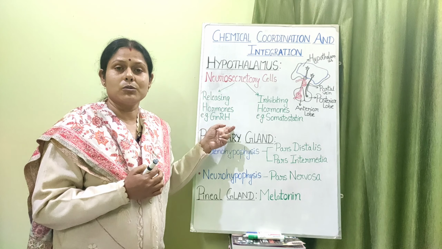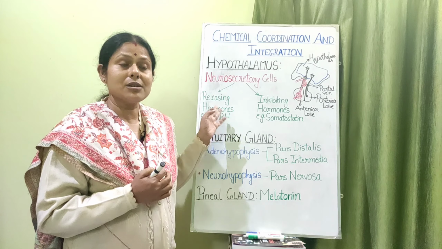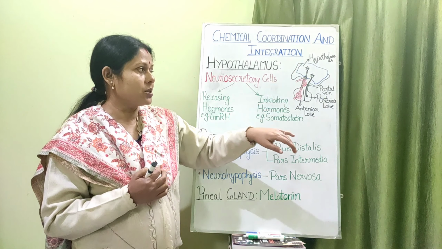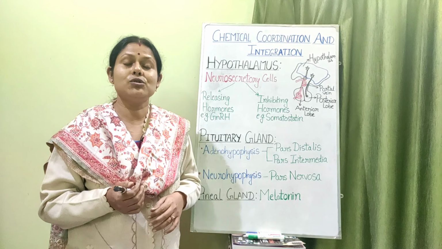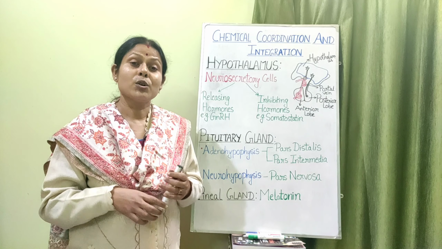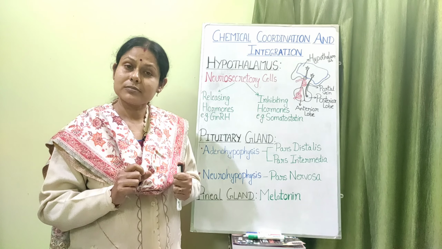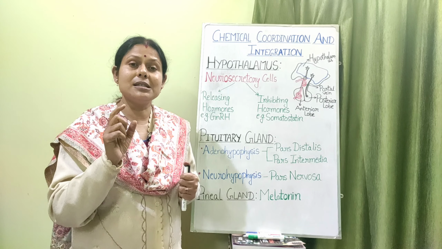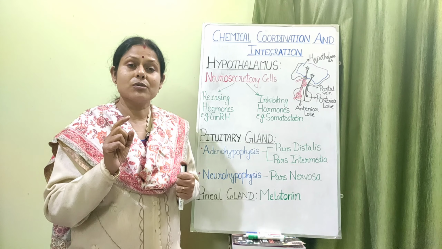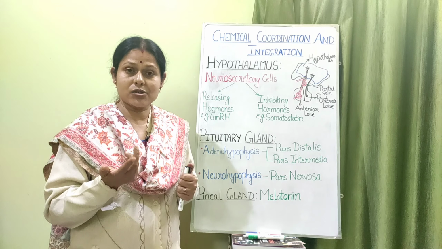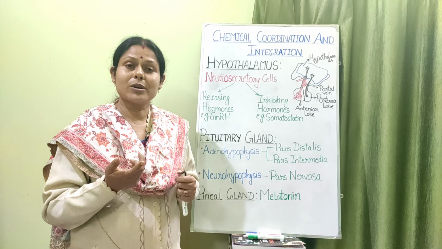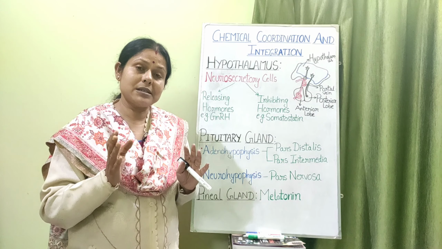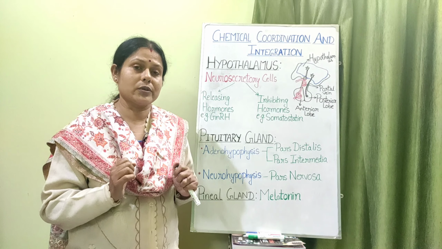Now the examples of releasing hormone is what? Gonadotropin releasing hormone. This gonadotropin releasing hormone is released from the hypothalamus and it goes to the anterior pituitary and it secretes the gonadotropic hormone, or somatotropic hormone. You will find the abbreviation as GH. GTH or GH, and STH means somatotropic hormone. The meaning is the same, that it is associated with the growth of an organism.